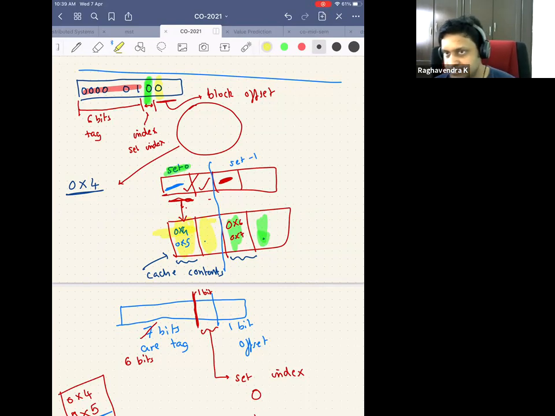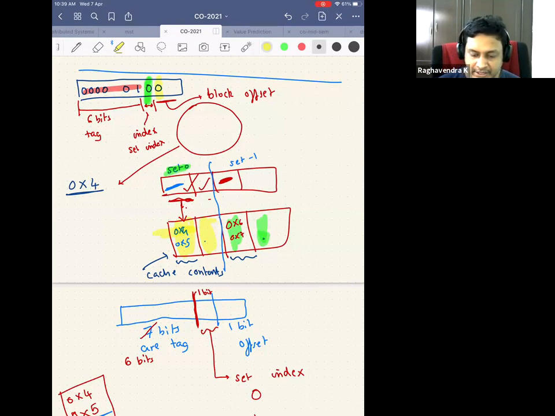People have tried that, but finally, I am all about performance. If you complicate the hash structure, even though you might be able to store more blocks, if the hash function itself takes 10 cycles, then I don't want to have that hash function, because I'm wasting 10 cycles to figure out where to go. In hardware, you are limited by the amount of time you can spend.